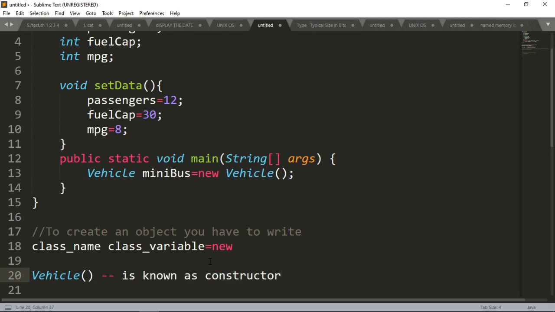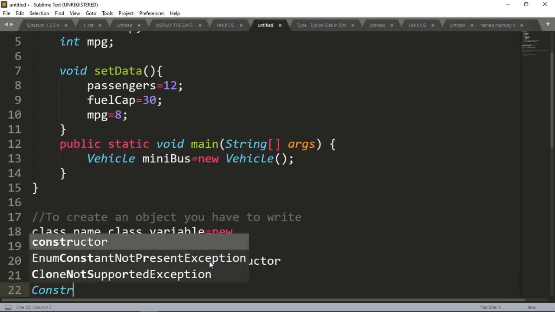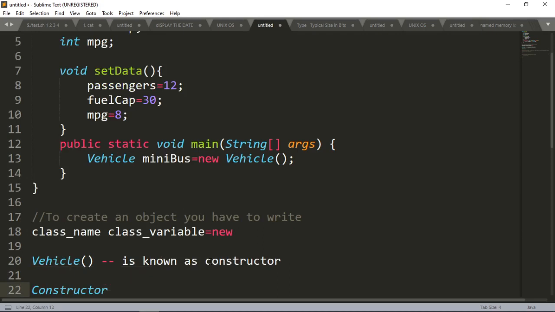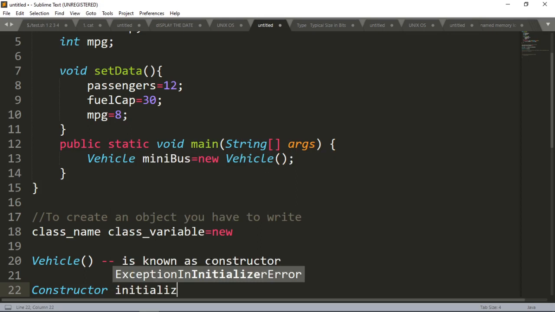A constructor means this particular thing will initialize an object during its creation. What does a constructor do? A constructor initializes an object during its creation.